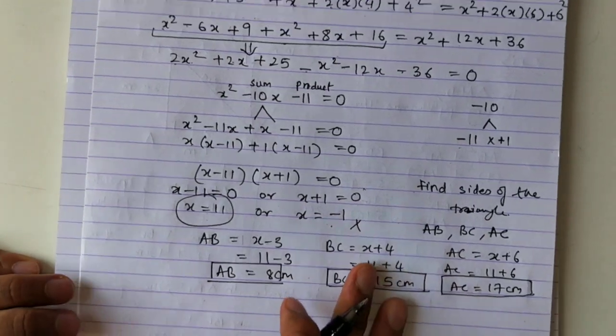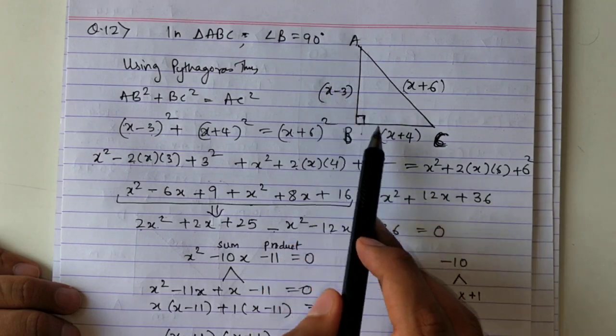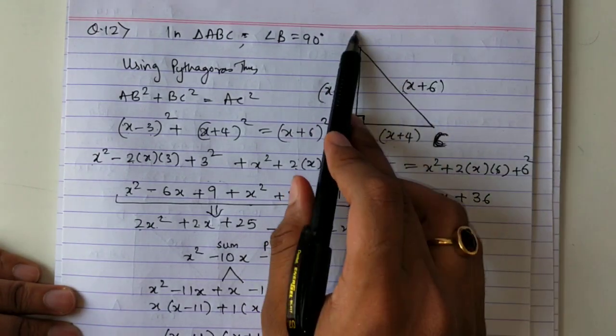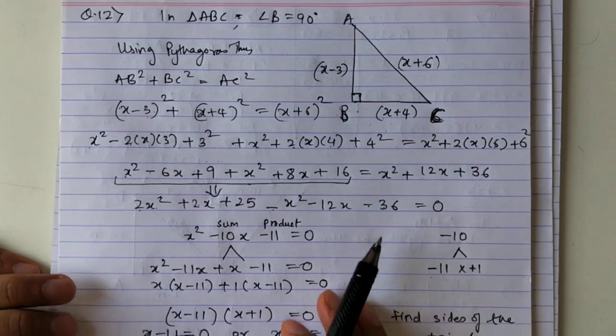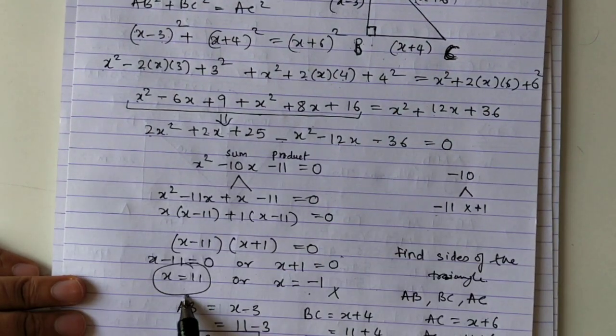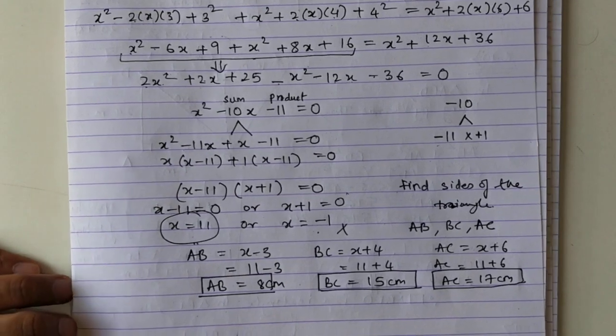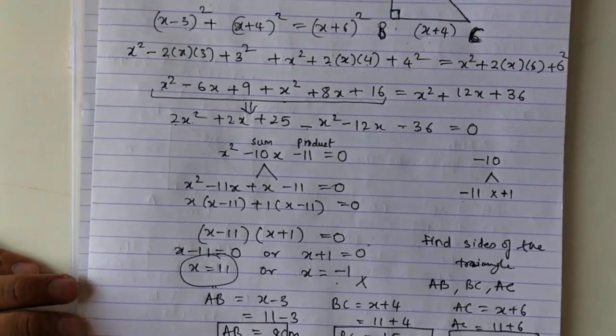Okay, I hope you have understood. In the question, they had given us the three sides in terms of x and told us to find the actual value of these three sides. To find the value, first we should know what x is. Correct? Once we know x, we can substitute the value and find the sides. Okay, copy this sum.